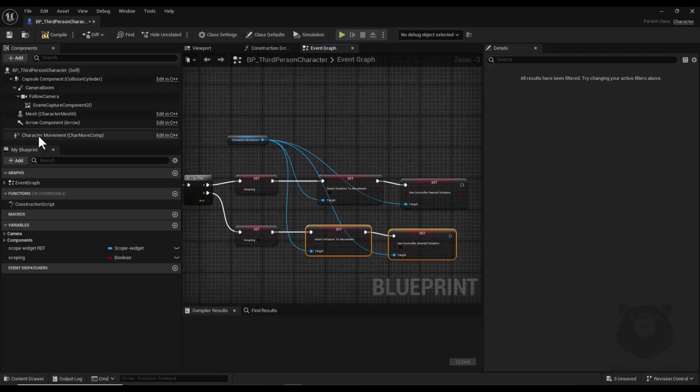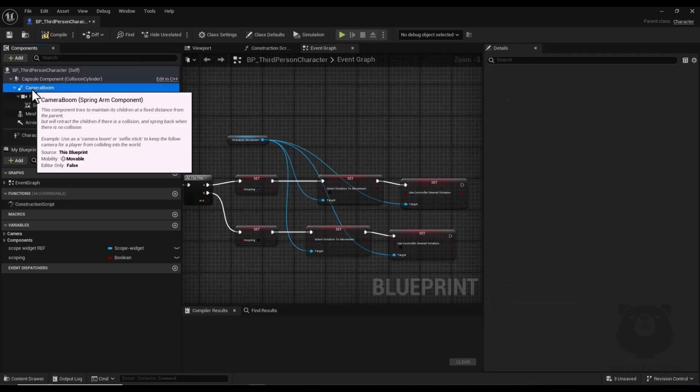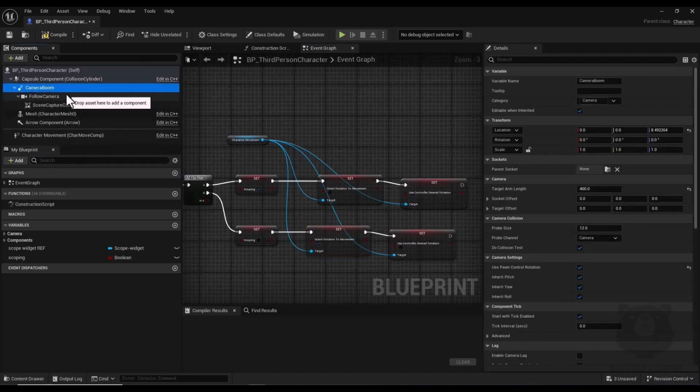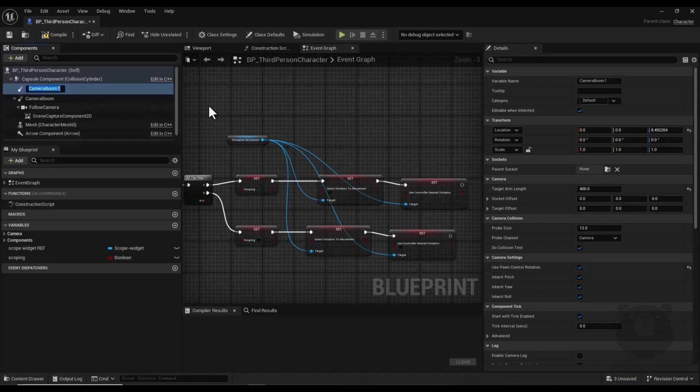Now in this section I create, first I select this camera boom, and now I create a duplicate by hitting Ctrl and D, and I name it scope aim, and here I set target arm length to 0, and all of these socket offset and target offset to 0. Okay,